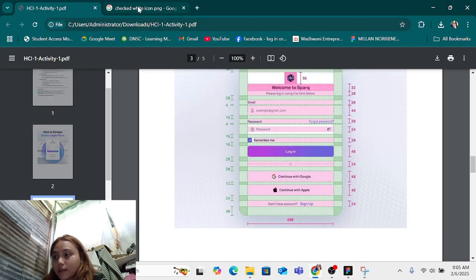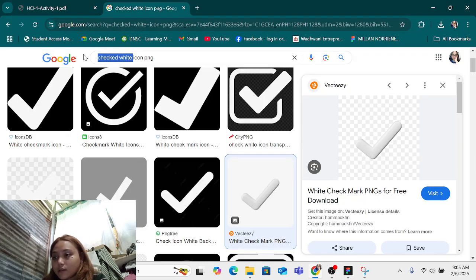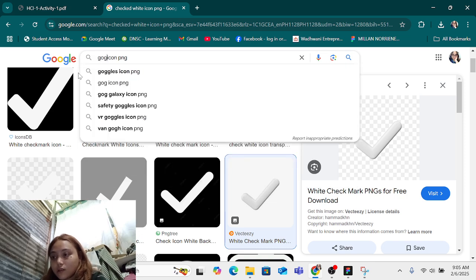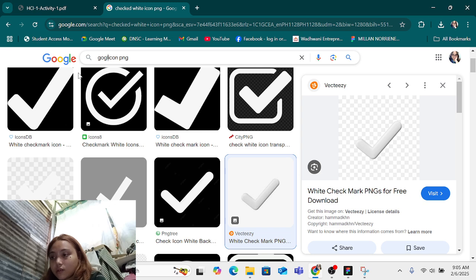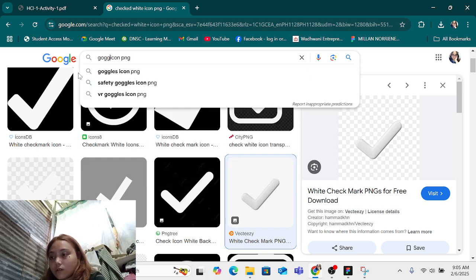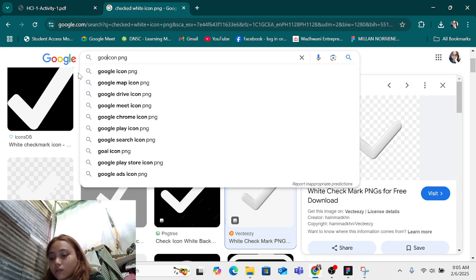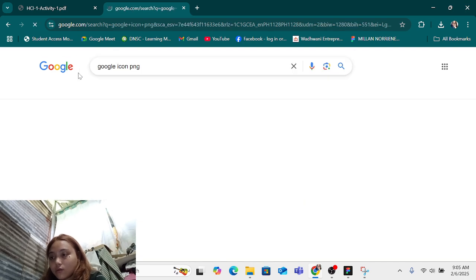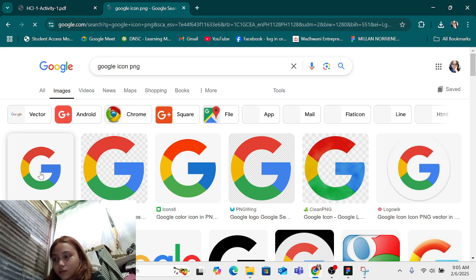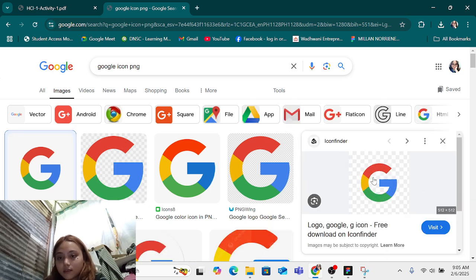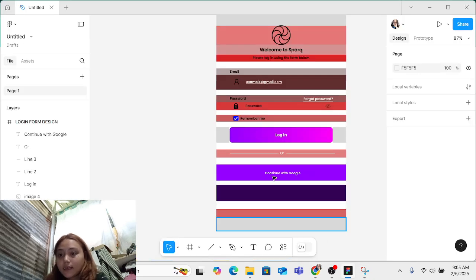Then let's find the Google icon. Search Google icon. So let's pick this and copy. Then back to the app.